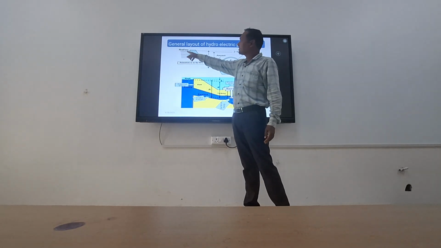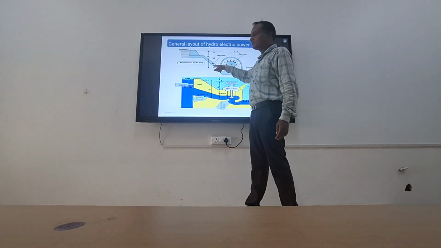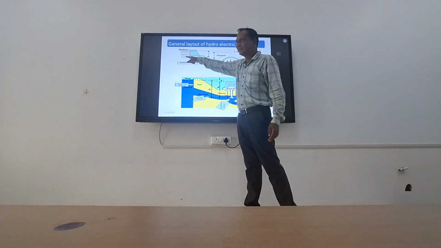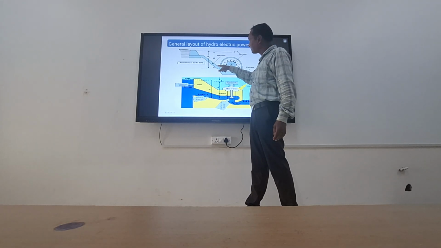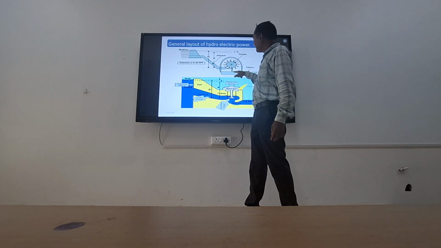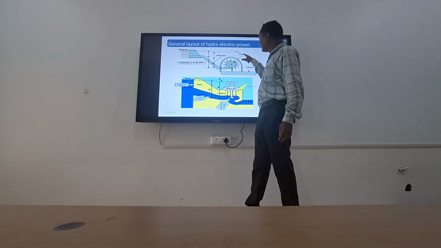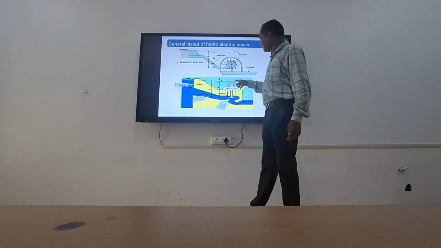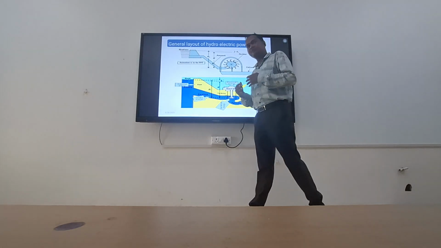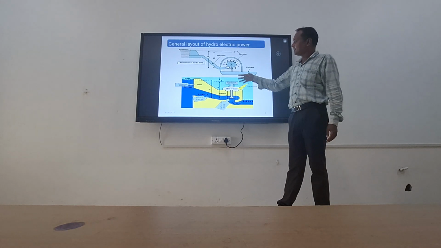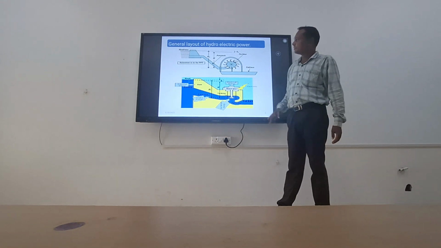This is called the headrace and this is the penstock. Water flows from the headrace to the turbine through the penstock and is discharged to the tailrace. This part is called the tailrace. This is the turbine. The turbine shaft is coupled with the generator and electric power is generated. This is the basic general layout of a